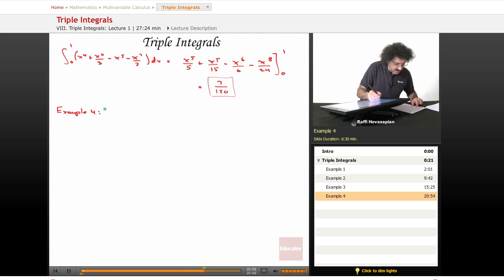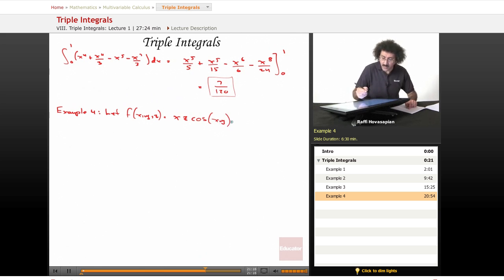So this is going to be example number 4. We will let our function f of x, y, z equal some trigonometric function this time, xz times the cosine of xy. So that's going to be the function that we want to integrate. And we want to find the integral of f over the region